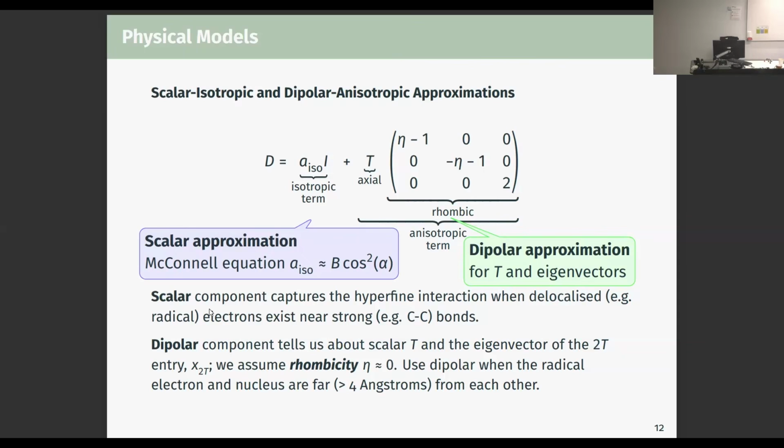That works if the home of your radical electron is far enough away from where you want to measure your hyperfine coupling. In this case, we're not sufficiently far away. This molecule is quite small. So the rule of thumb is maybe 4 angstrom, and we figure each bond is like 1.5. So we just about made 4 angstroms, but